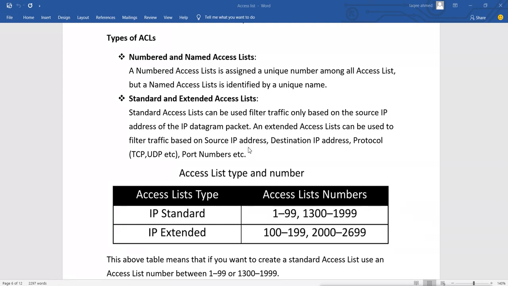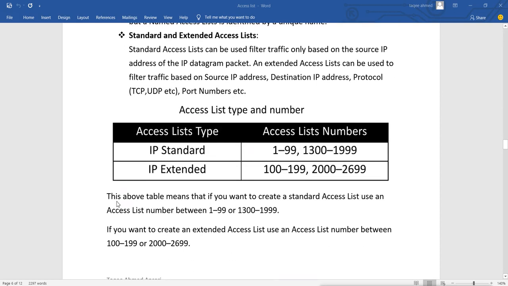A standard list is only used to filter data based on the source address. It will not check any other information. It checks only the source IP address, and decides whether it is to be allowed or denied. But what does the extended list do? It can check both source and destination address. It can also check whether it is TCP or UDP data, and it also checks the port number.